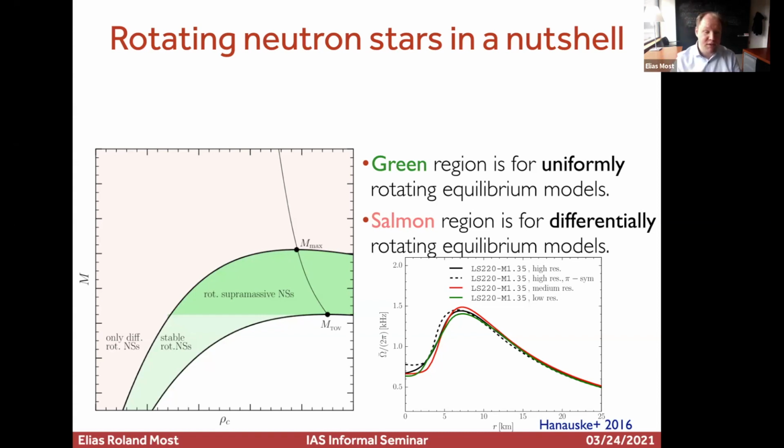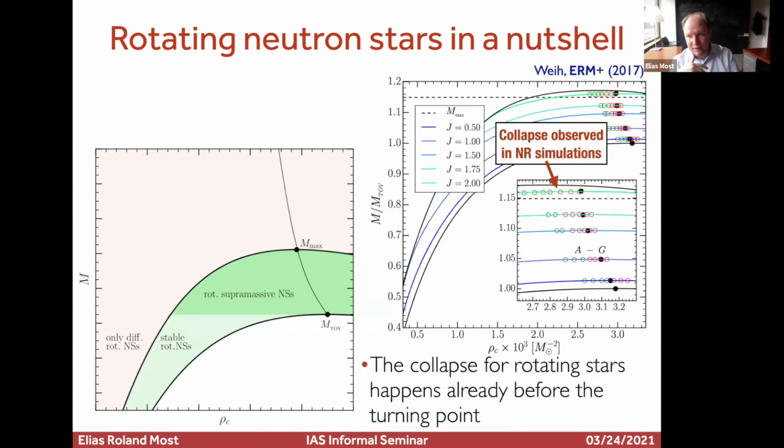And what you can then do is ask, where do my rotating configurations live? The interesting thing is that rotating stars can support even more mass. So they go up above the Keplerian line, and you populate the entire rest of the parameter space. Where exactly you lie will essentially depend on the rotation law, so on how this curve looks, but more or less you end up at higher mass.